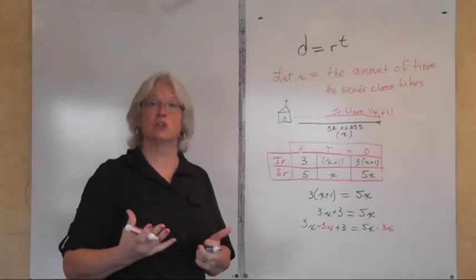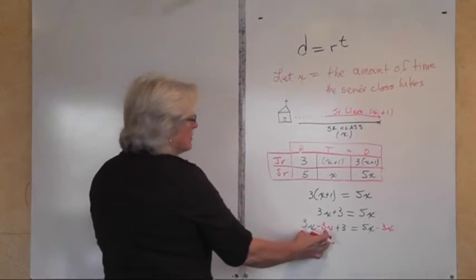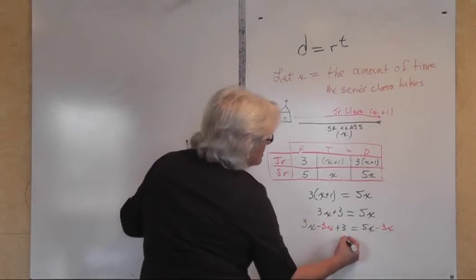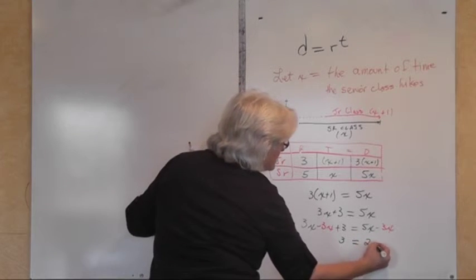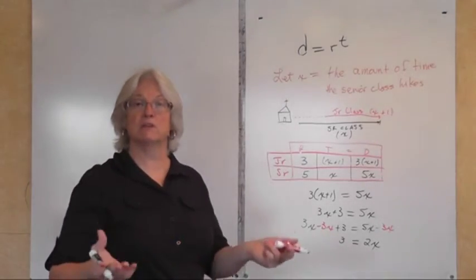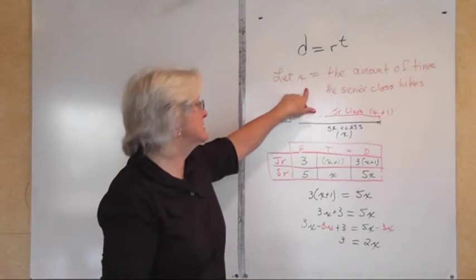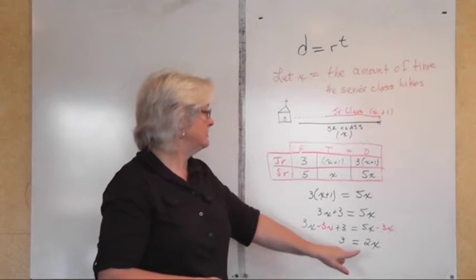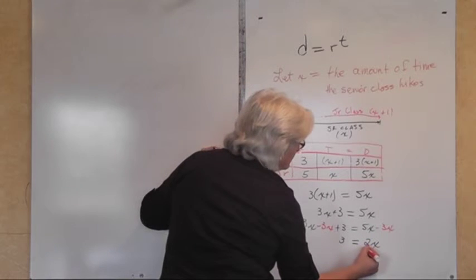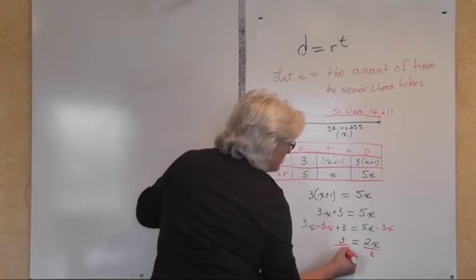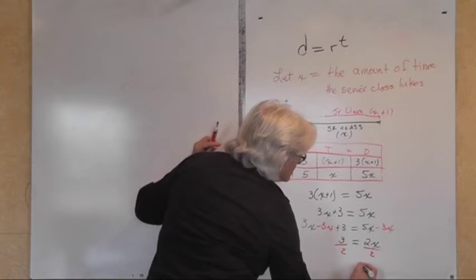In order to keep our equation in balance, you have to make sure that what you do to one side of the equation, you do to the other side of the equation. 3x minus 3x, 0, so we have 3. 5x minus 3x, 2x. It's all well and good to say that 3 is equal to 2x, but I don't care about 2x. What I'm solving for is x by itself, the amount of time the senior class hikes. Because I've multiplied x by 2, I need to divide x by 2. Do the same thing on both sides of the equation, and we see that x